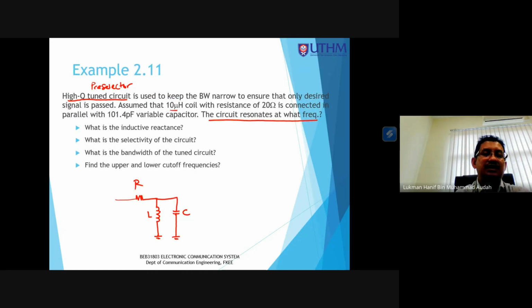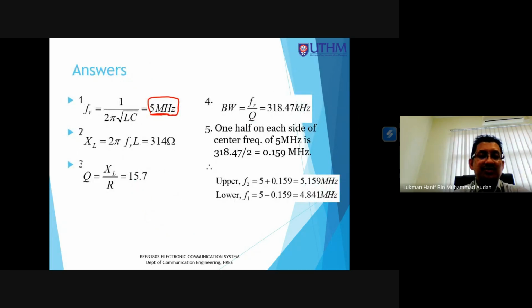Then the next question asks you to find the inductive reactance. Inductive reactance means this XL. So inductive reactance is equal to 2 pi F resonant multiplied with the inductance value. So if you multiply 2 pi multiplied with 5 megahertz multiplied with the inductance, you're going to get